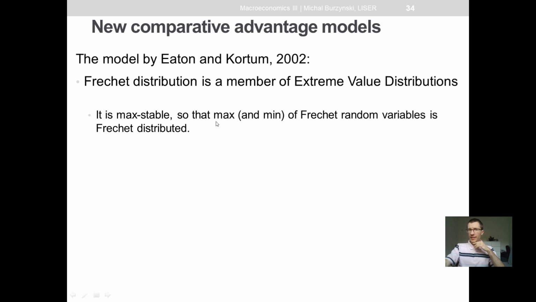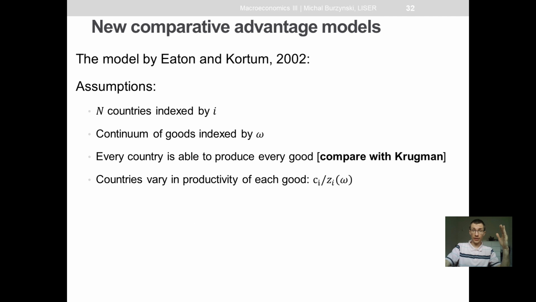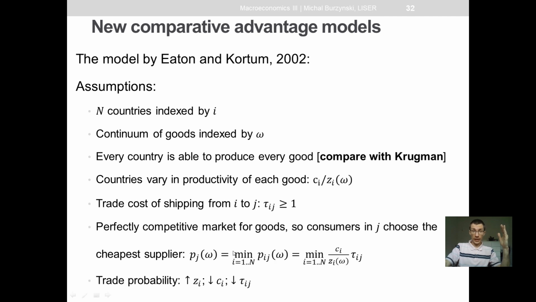What does it mean? Well, it means that the maximum of a random variable, which is Frechet, put it differently, the maximum of random variables which are Frechet, so if you have a maximum of x1, x2, x3, x4, and so on, xn, all of the x's are Frechet distributions. This maximum itself is also a Frechet distribution. And this is a fantastic property of this particular distribution because it simplifies all the algebra, all the computations, because what we are interested in is the comparative advantage, is